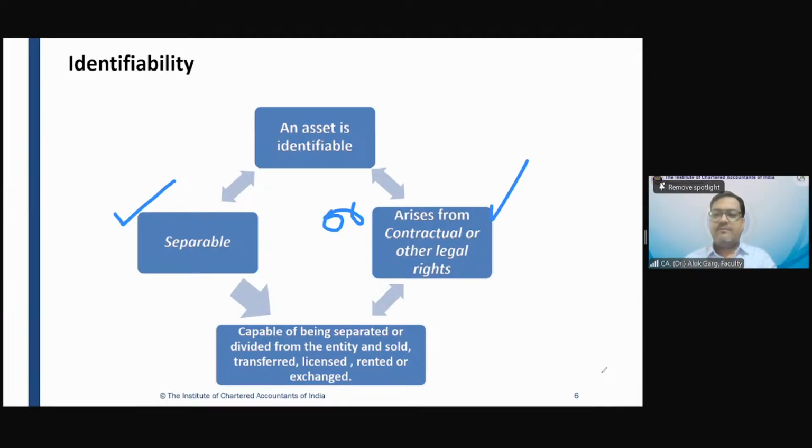Yes or no? No, the answer is no. Why no? Market share is not identifiable. Why? Because if this company wants to sell the market share, okay, this company cannot sell the market